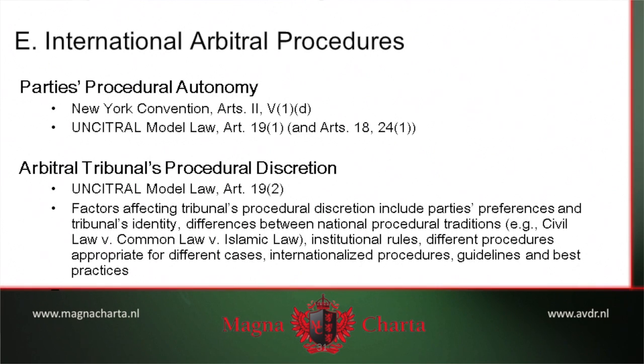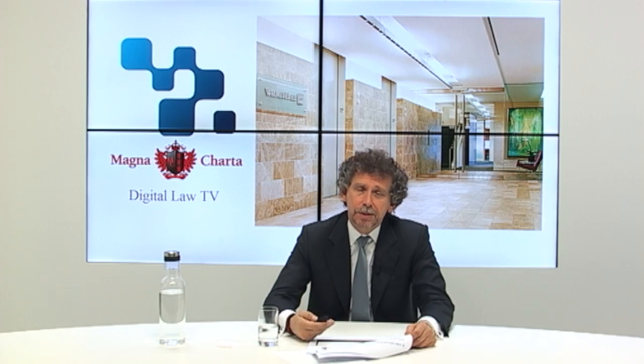The parties' procedural autonomy, which I've referred to previously, is extremely important in the arbitral process. It is one of the basic reasons that parties agree to arbitrate, one of the fundamental cornerstones of the arbitral process. In the absence of agreement by the parties, though, and parties frequently don't agree on all the procedural aspects of the arbitration, the arbitrators have discretion to adapt the procedures of the arbitration to the particular circumstances of the arbitration before them.